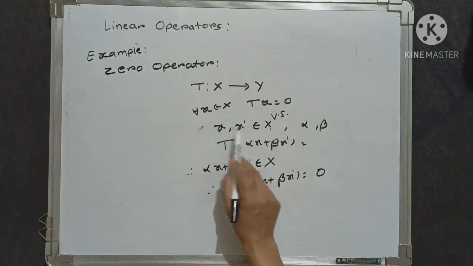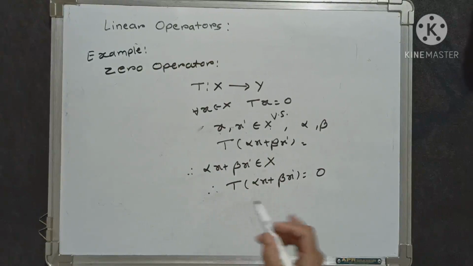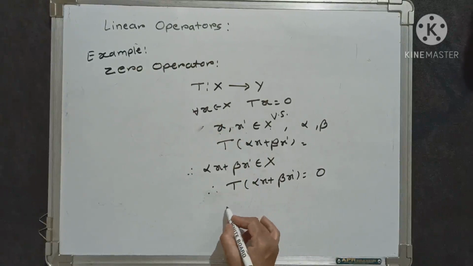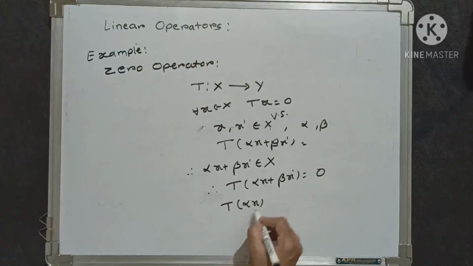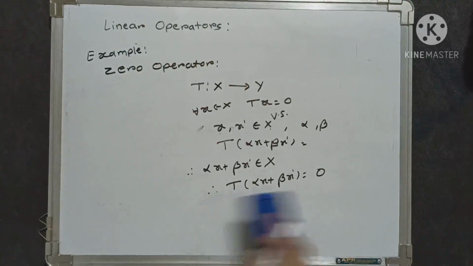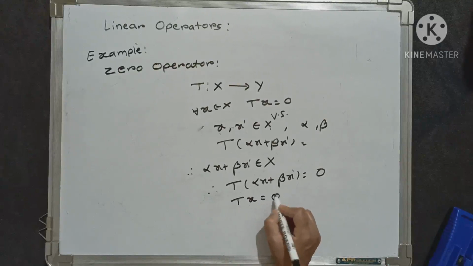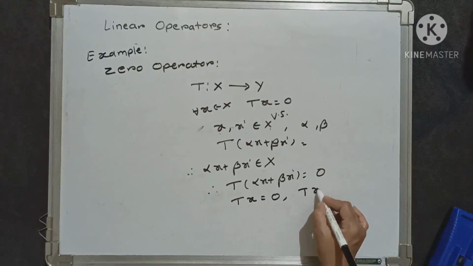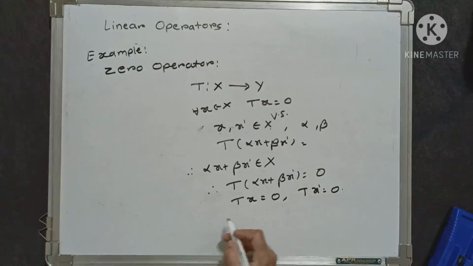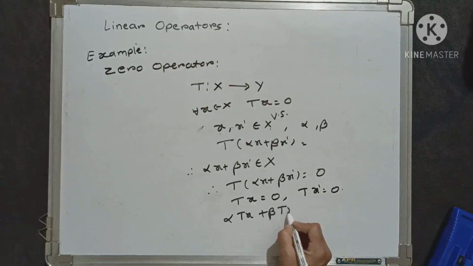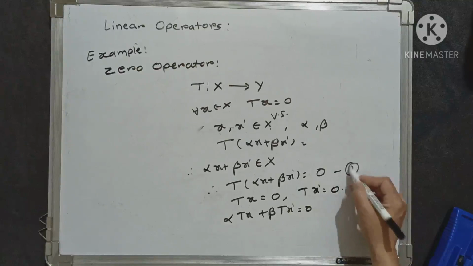Also we know that x and x dash both are elements of capital X, and here we have T of alpha x equals to, we are taking here Tx equals 0, as well as Tx dash equals 0, and therefore alpha Tx plus beta Tx dash equals 0, and if we give this the name equation 1,